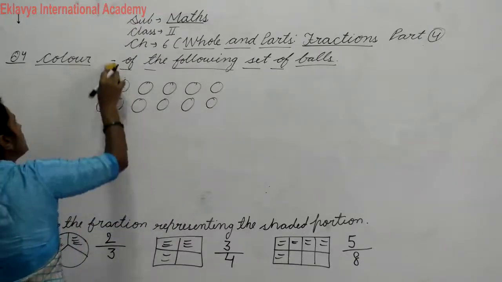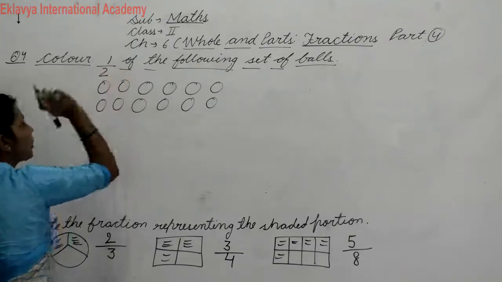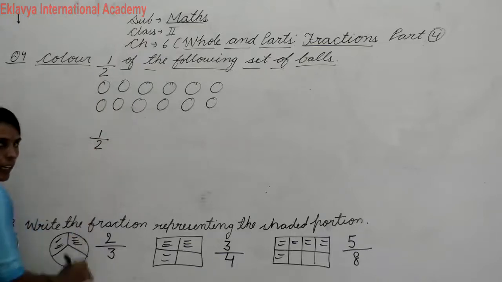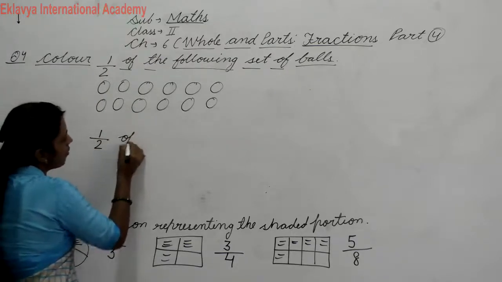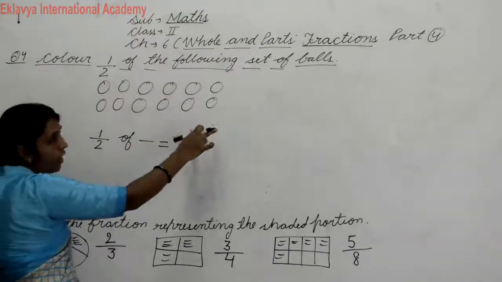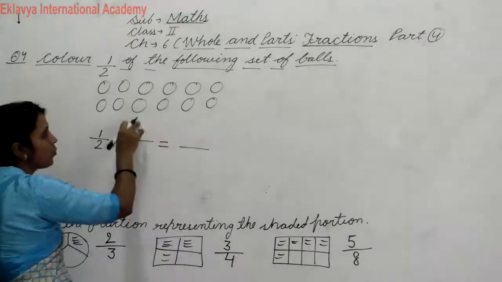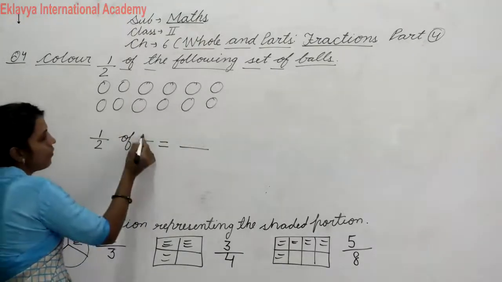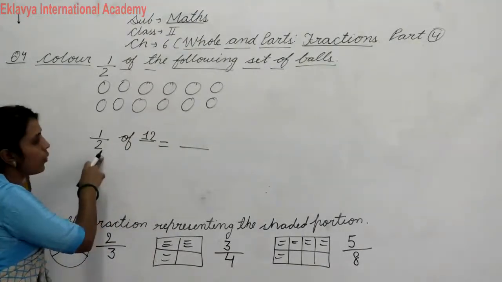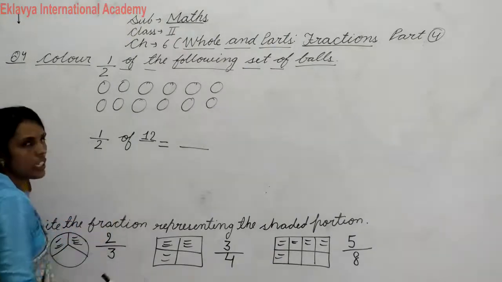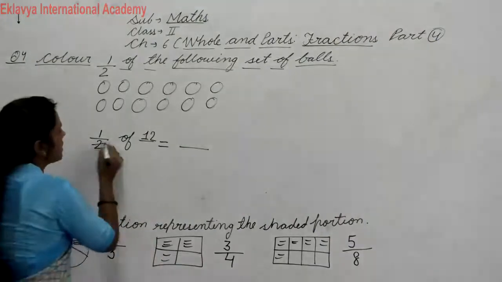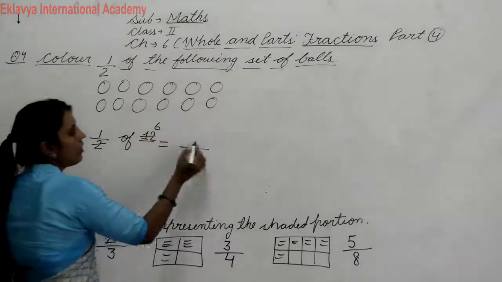So I am rewriting again. I write here 1/2. Okay. Now again we will write here 1/2. Okay. And we will write here "of" and here total ball. Now first of all we will count all balls. 2 1 2, 2 2 4, 2 3 6, 2 4 8, 2 5 10, 2 6 12. We will write here 12. Okay. Now we will speak table of 2, in which number we will get 12. 2 1 2, 2 2 4, 2 3 6, 2 4 8, 2 5 10, and 2 6 12. 6 12. So we will write here 6.